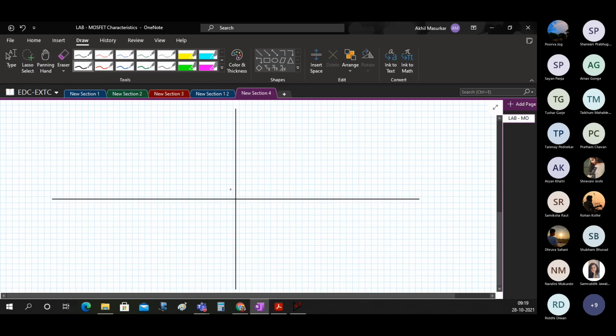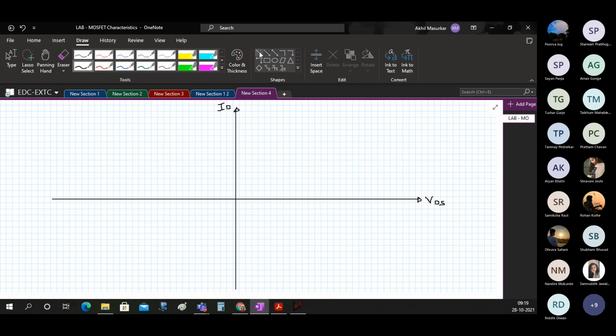Okay, so you can just draw like this. In the output characteristics we have ID on X, and on Y we have VDS always.